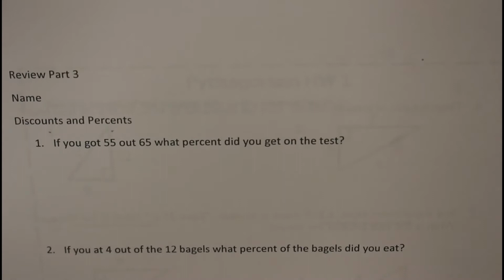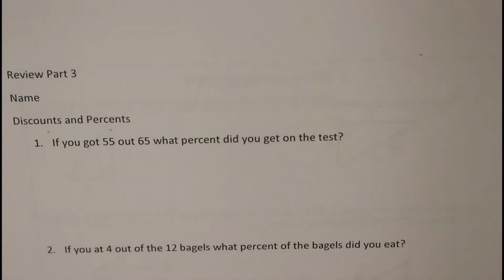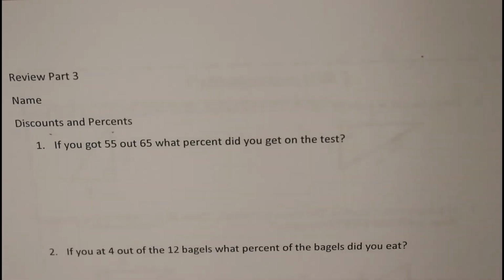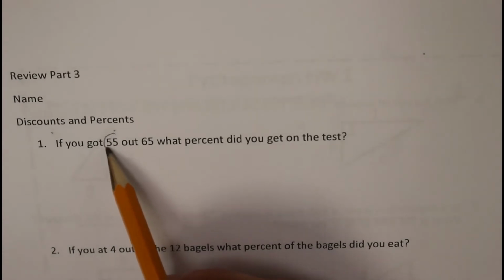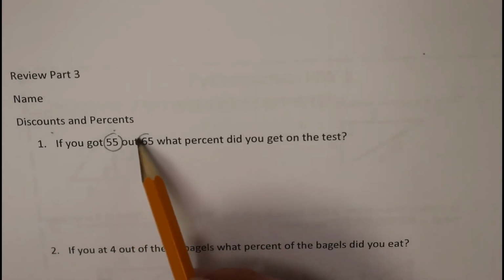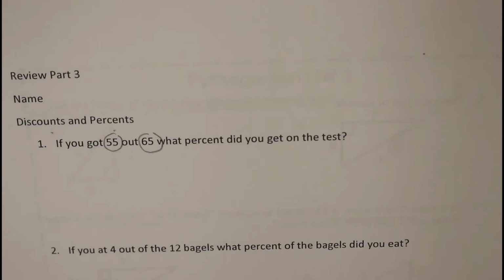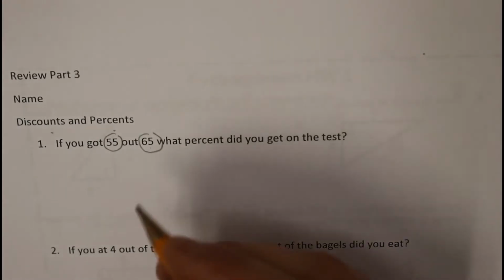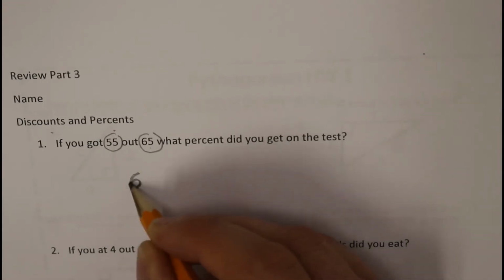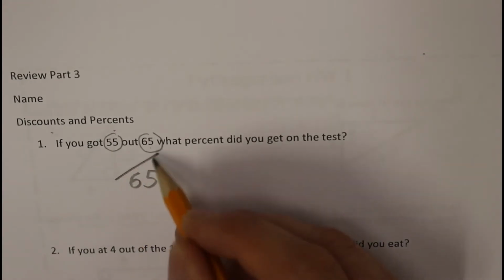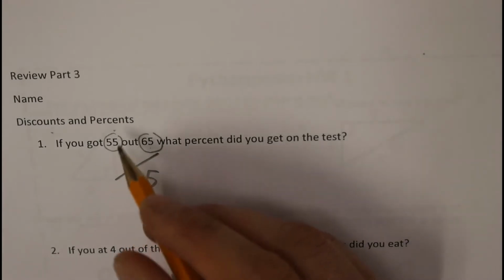All right, so the first part is percents. Percent is out of 100, so we just make percents to make things easier to figure out. So if you got 55 out of 65 on a test, let's say, what percent did you get? You always have the number that is out of. Something out of this is always going to be the number dividing. You can kind of think of it on the bottom. Divided by,